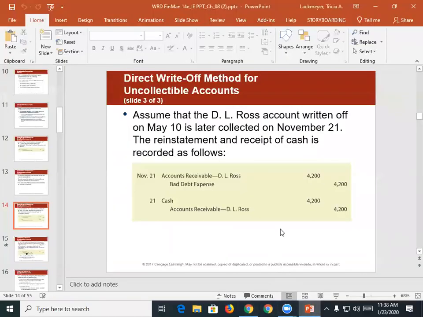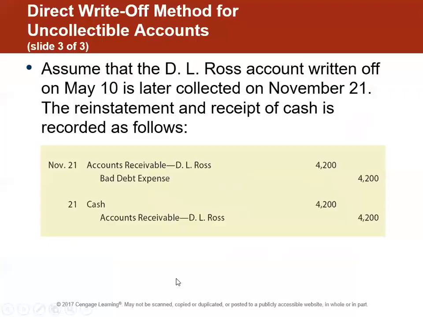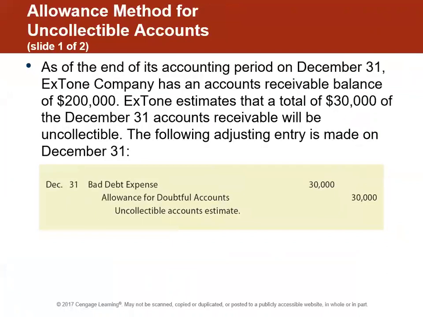Okay, so I'm going to go back to the PowerPoint. And now we're going to switch gears and talk about, well, what if we are publicly traded? If we're publicly traded, then we can't use the direct write-off method. So the allowance method. What we do here is at the end of the year, as an adjusting entry, we